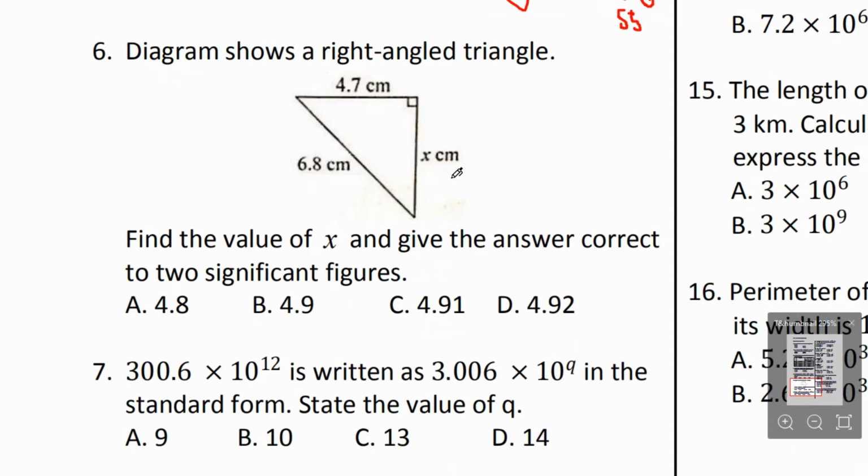Number 6. The diagram shows a right angle triangle. Find the value of x and give the answer correct to 2 significant figures. Okay, to find x, we are going to use Pythagoras theorem. So 6.x squared equals 4.7 squared plus x squared. This is Pythagoras theorem. Therefore, to find x, x equals the square root of 6.x squared minus 4.7 squared. Then you use your calculator to find. The answer will be